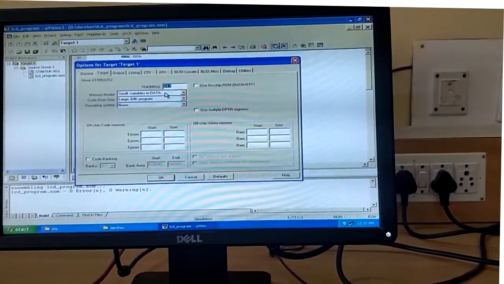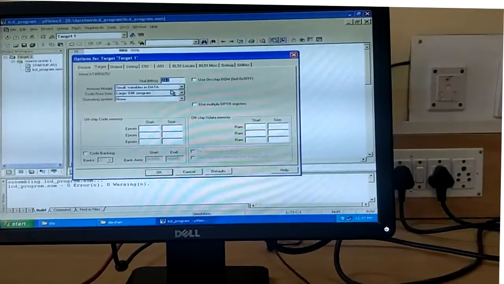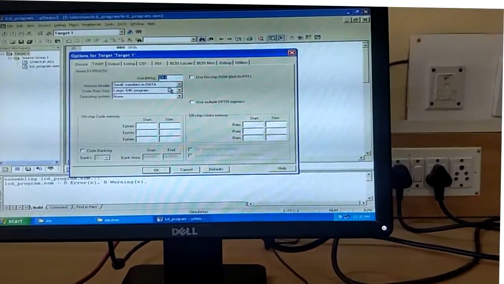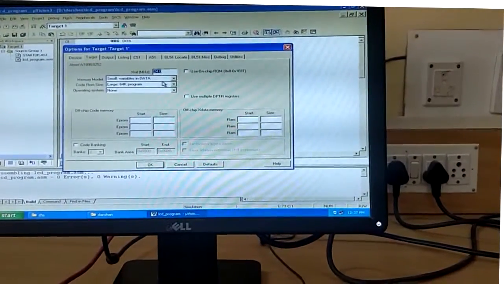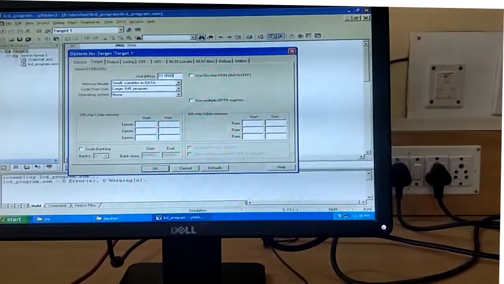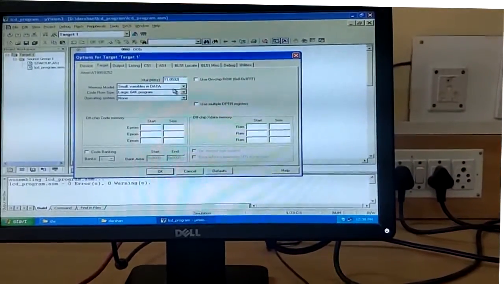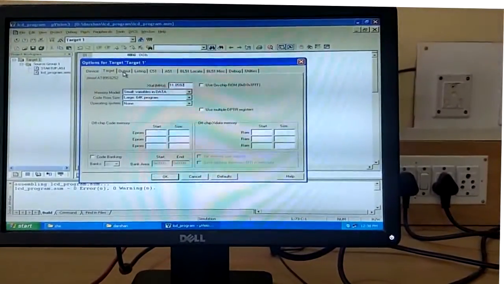And here we have to choose the microcontroller frequency as 11.0592, that is the operating frequency we are using for 8051. But here by default we have 24 megahertz, so edit it to 11.0592 megahertz. Okay, and next we need to create the hex file.